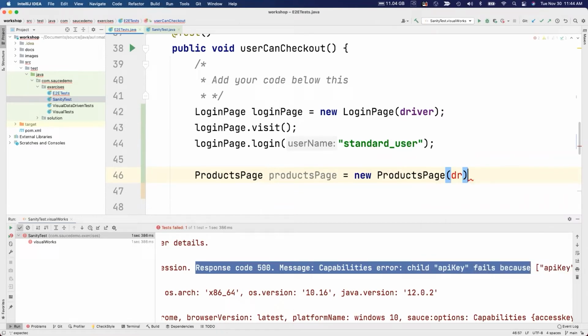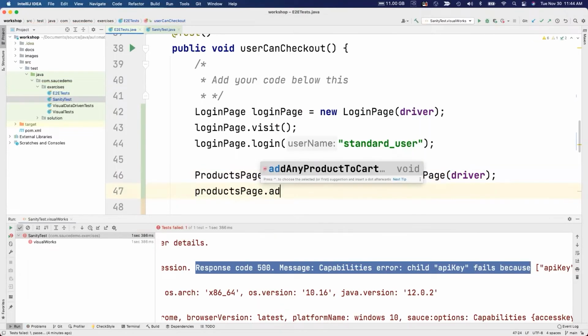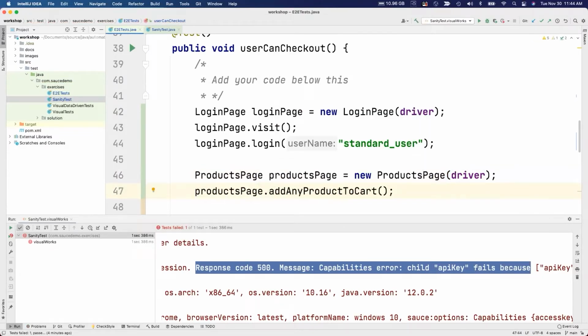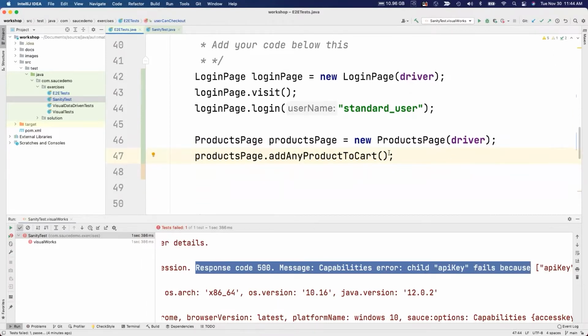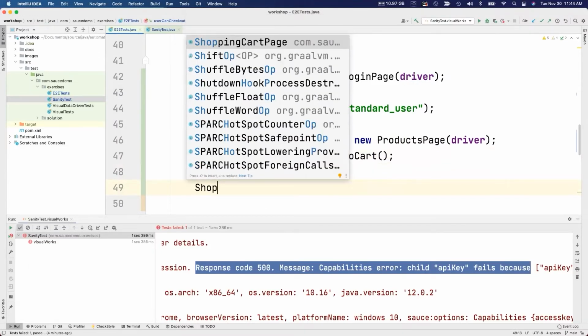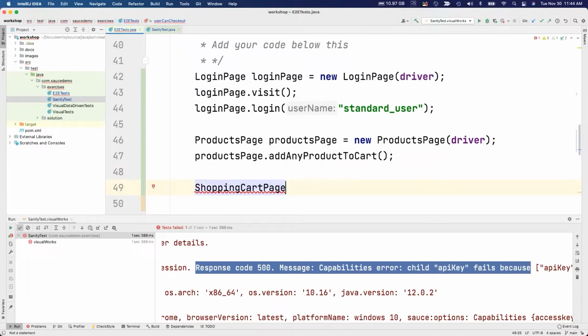That's going to take in a driver. Then we're going to use the products page to add any product to cart, irrelevant of what we are adding, because we only want to make sure that a user can check out. Who cares which product we add? Then we need a shopping cart page. And by the way, I can do this so easily because obviously I've done this flow so many times. I wouldn't expect anyone else here unfamiliar with the application under test to be able to do this flow so easily, but I would expect you to be able to look at a page and link it back to a page object, especially the page objects that already exist in the code, and then be able to create that flow. I'm going to call that cart page,